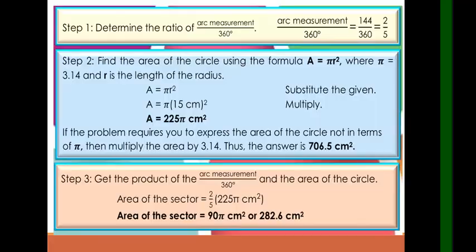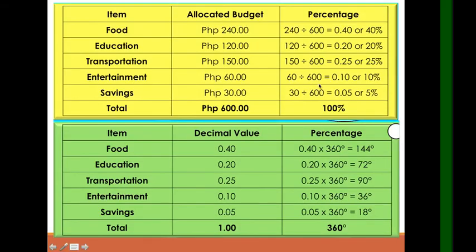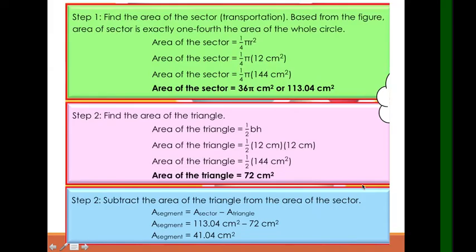Paano nakuha yung 1/4? Balikan natin. We have transportation, that's 90 degrees. So, 90 divide mo siya ng 360, that's 1/4. Tama. So, the ratio is 1/4. pi r squared for the area. So we have 12, yung r na given kanina sinabi doon sa question number 4. So 12 squared centimeter,